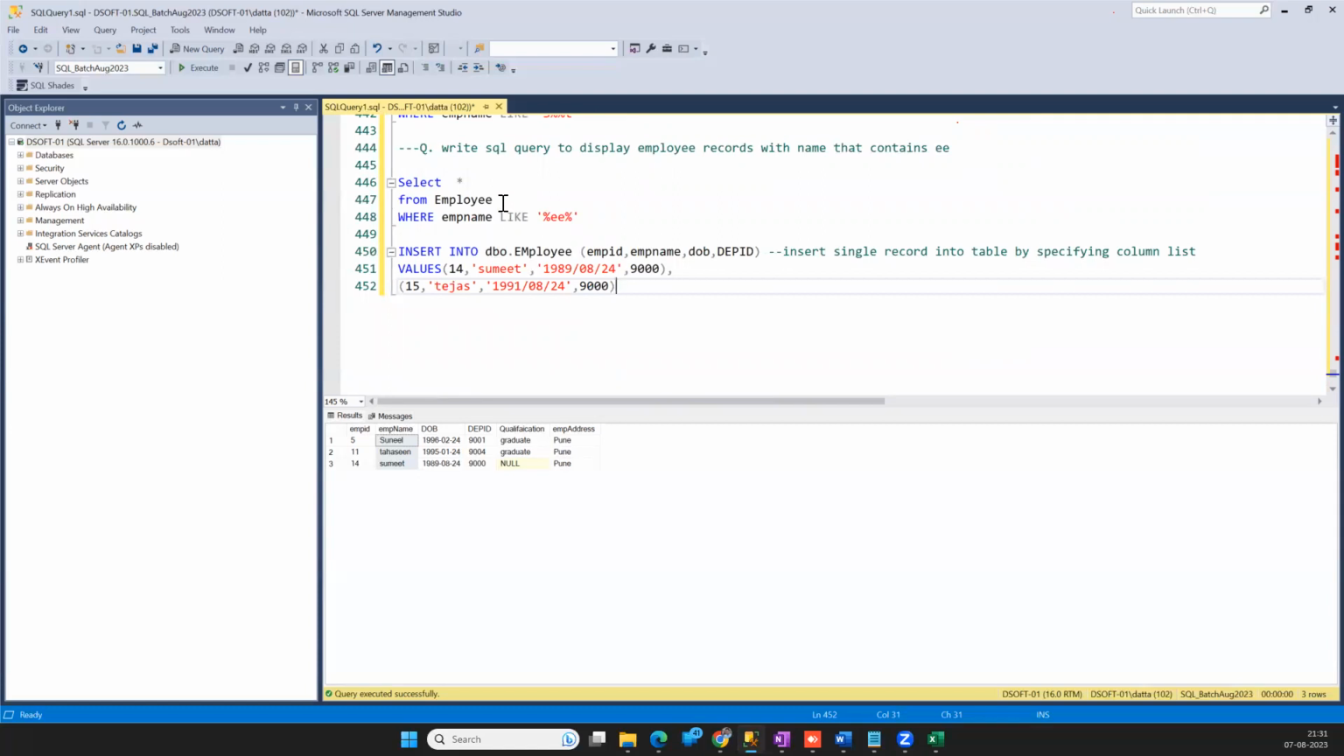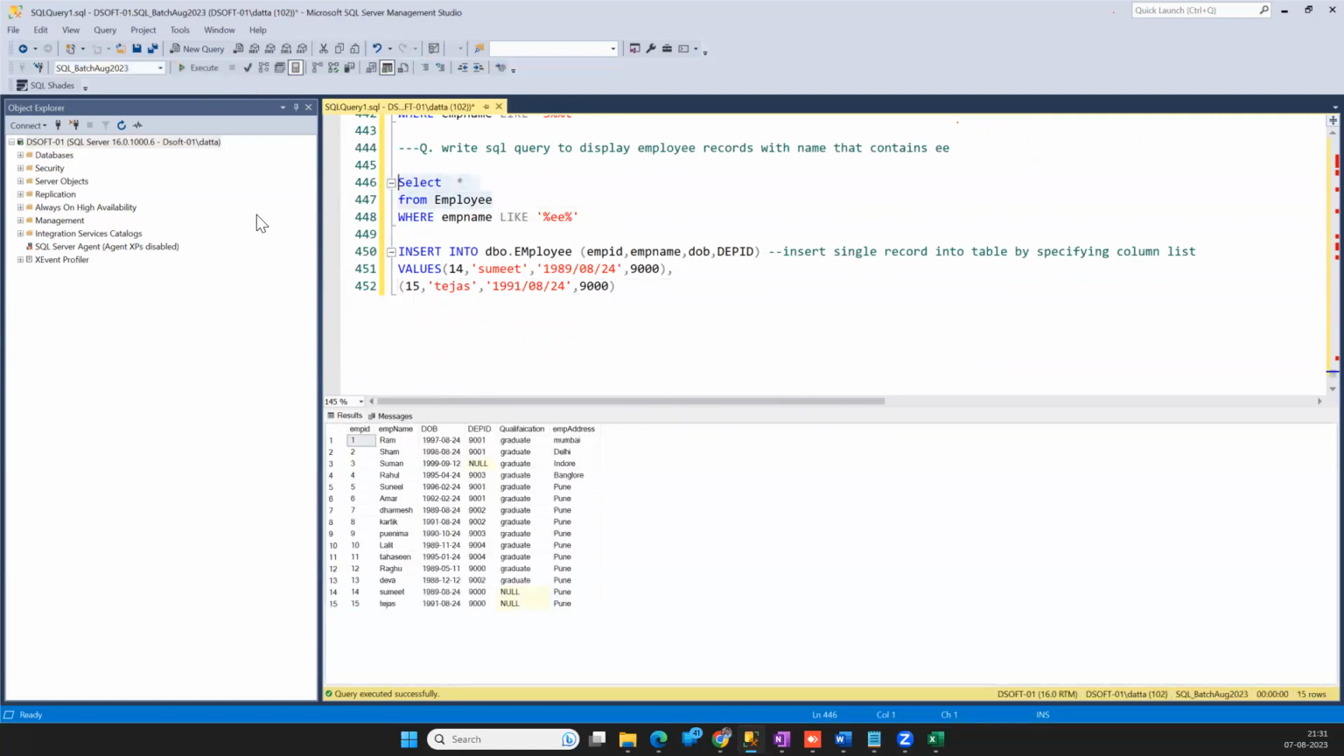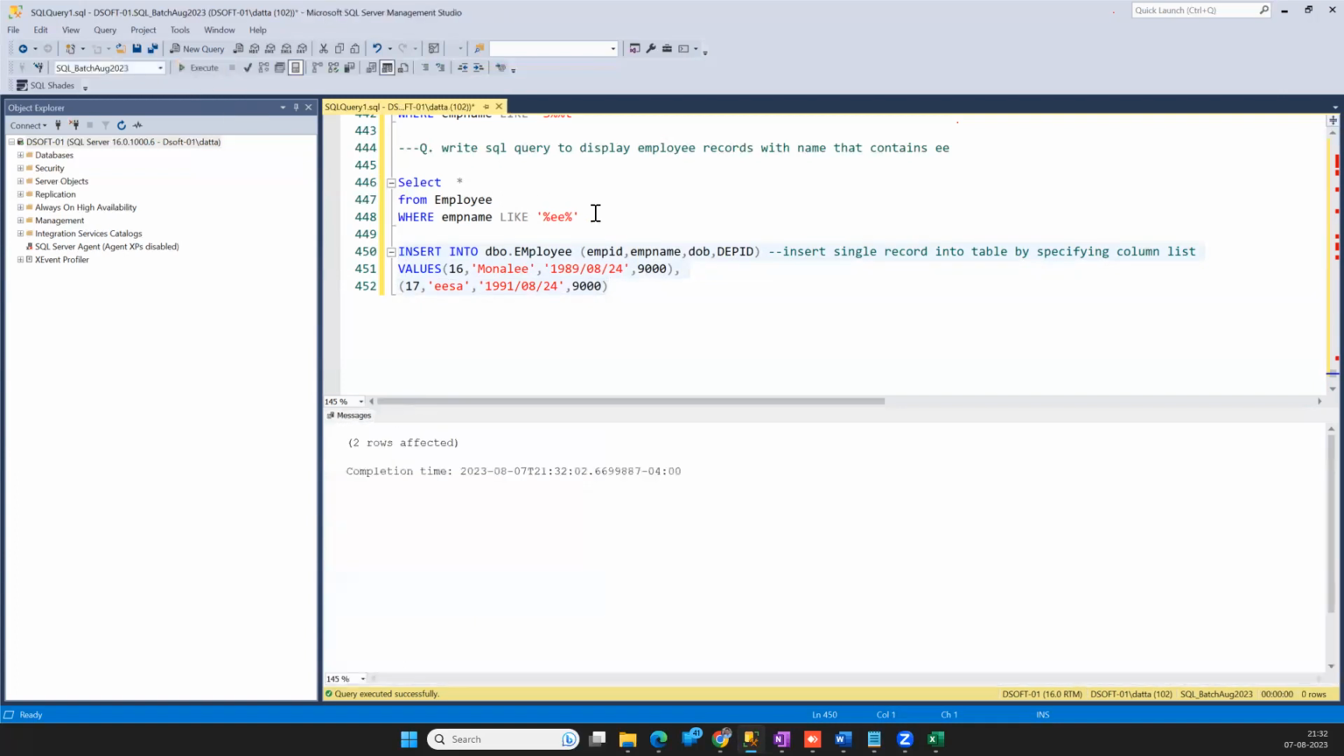All these 15 numbers are there. I will write 16 and 17, two more records here, because I need more examples. So I will write Monali and Isa. The rest of the things I will keep as they are. I don't want to disturb anything over here, but I wanted to add these two because I wanted to show you this query will give you these